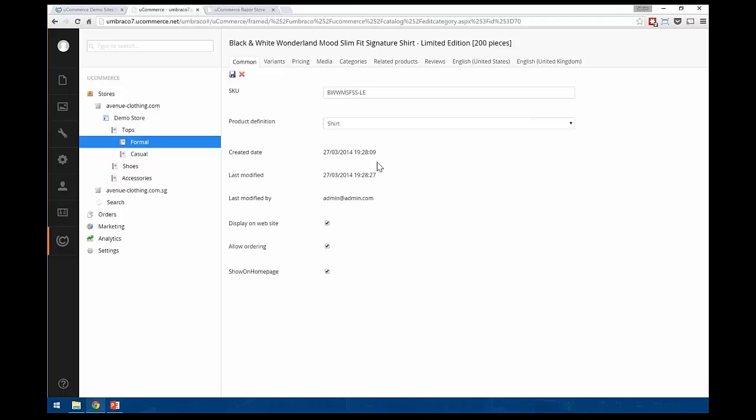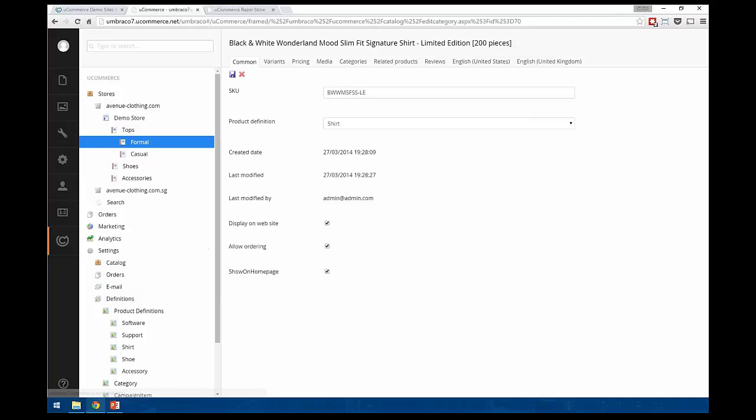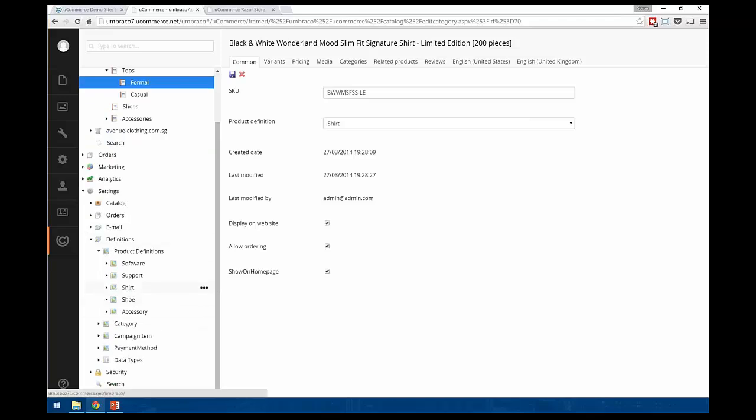But one of the new features that we introduced is the ability to inherit these definitions. While a shoe and a shirt are two different types of products, they may share common traits that you would not be interested in actually setting up twice. So if we take a look at the definition system down here, one of the new things that we introduced is the ability to share traits between types of products. You can see here that they sit neatly next to each other.